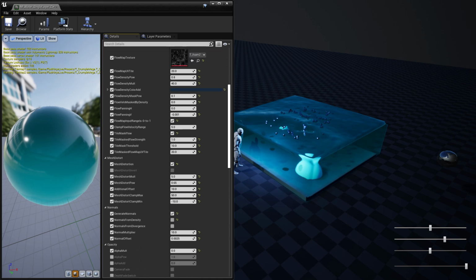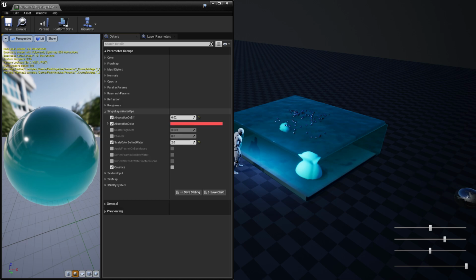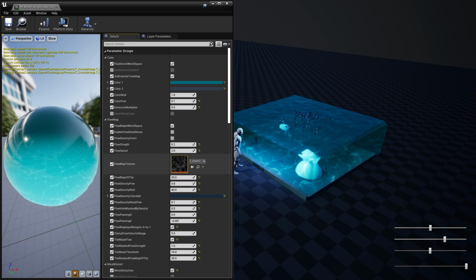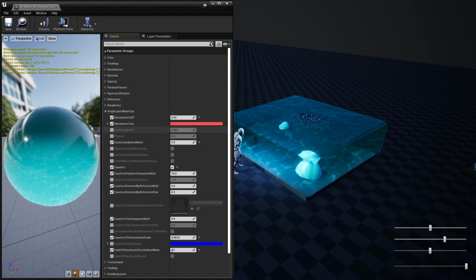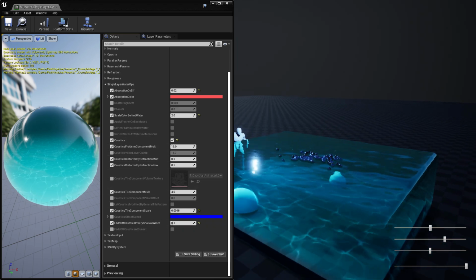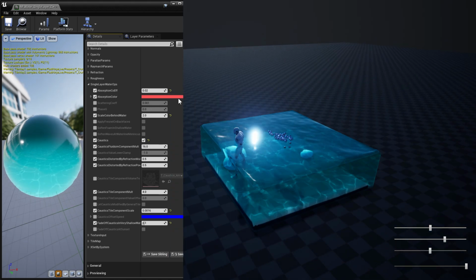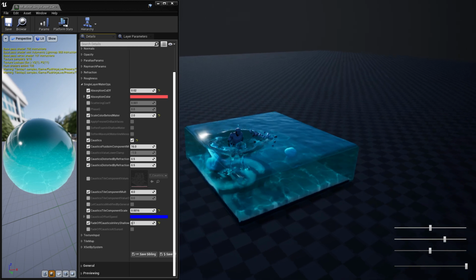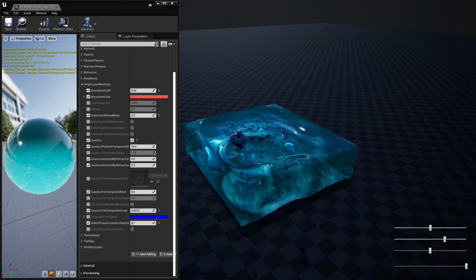So I decided to add it. Once you visit the single layer water options and enable this bool flag caustics, you will access a whole bunch of new parameters, about 10, all listed below caustics. First and most importantly, caustics is composed of two layers.